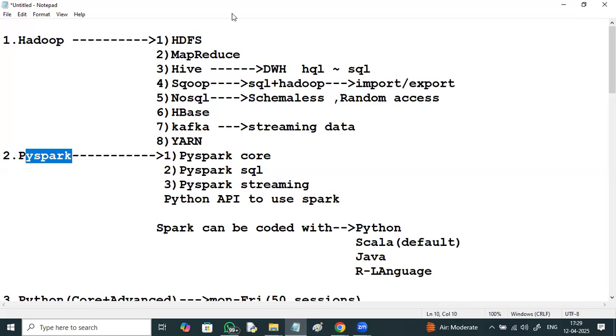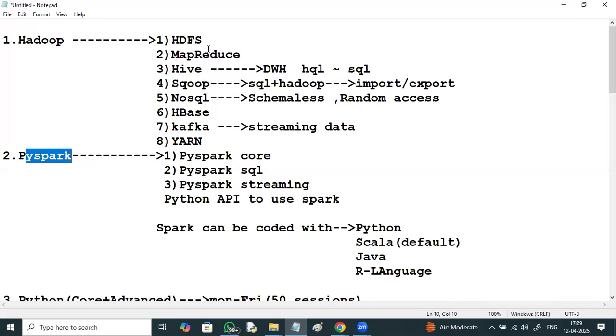Okay, fine. So tomorrow you can attend the session at the same time. Today is just an introductory session. Tomorrow we'll be having the technical session, a technical demo you'll be seeing on this. So at the same time, 4:30, you can attend the session tomorrow with the same link.